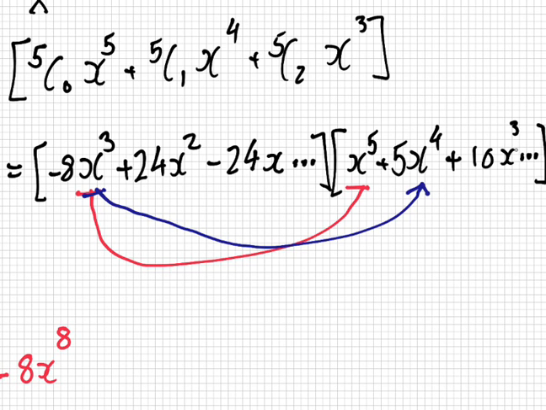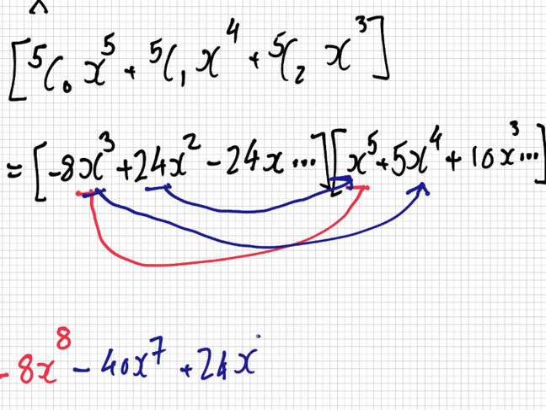And this one multiplied by this one would make a 6. No good. What about the second one with the first one? Would that make a 7? Yes, it would. So now I have 2. First with second, that's minus 40x^7. And then the second one with the first one, plus